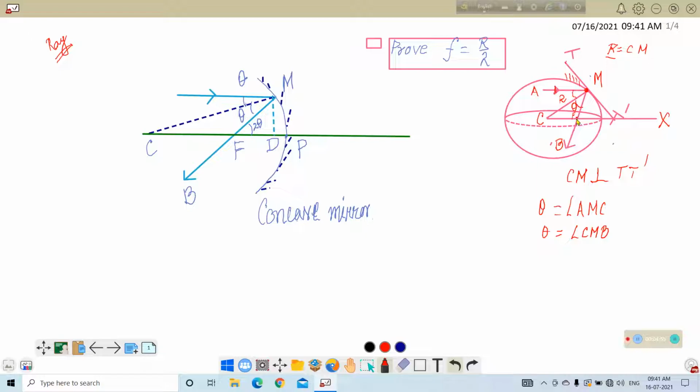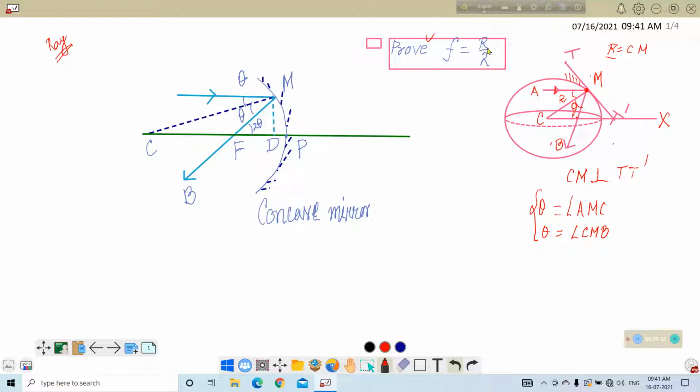So, F is a fixed point, and the reflected ray passes through point F. Actually, CM is the normal at point M. That is why the angle of incidence is equal to AMC and the angle of reflection is equal to CMB. And these two angles are equal according to the rule of reflection. Okay. So this bit of geometrical knowledge is necessary to prove this